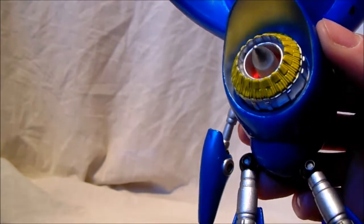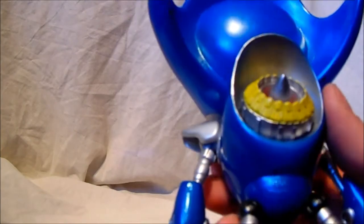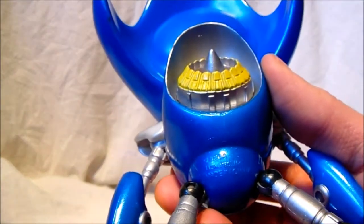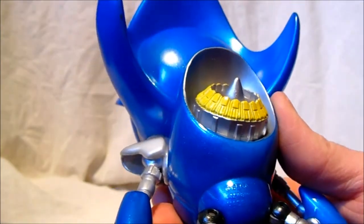Really great detail. So this is probably one of Jazwares' earlier products, but this is definitely one of the most decent products they've made. Even though this thing has a few faults, which I will point out for you guys, it still is an amazing toy. So as you can see on his bum, it has the official Sega logo and Jazwares ink at the bottom there. Can't really see it well because of the...